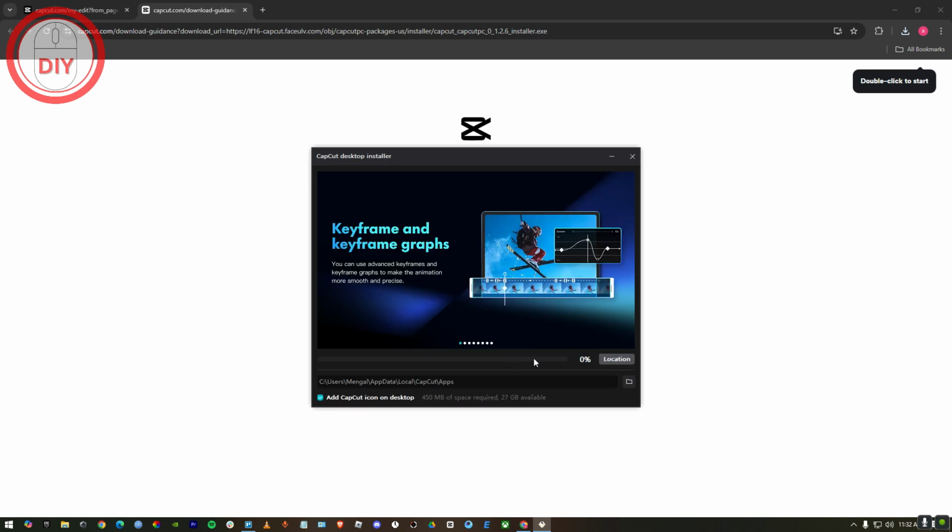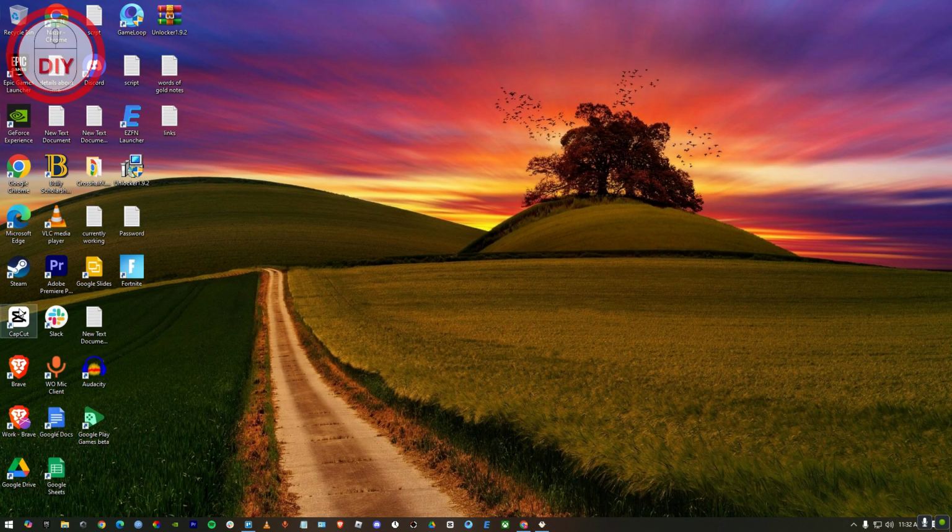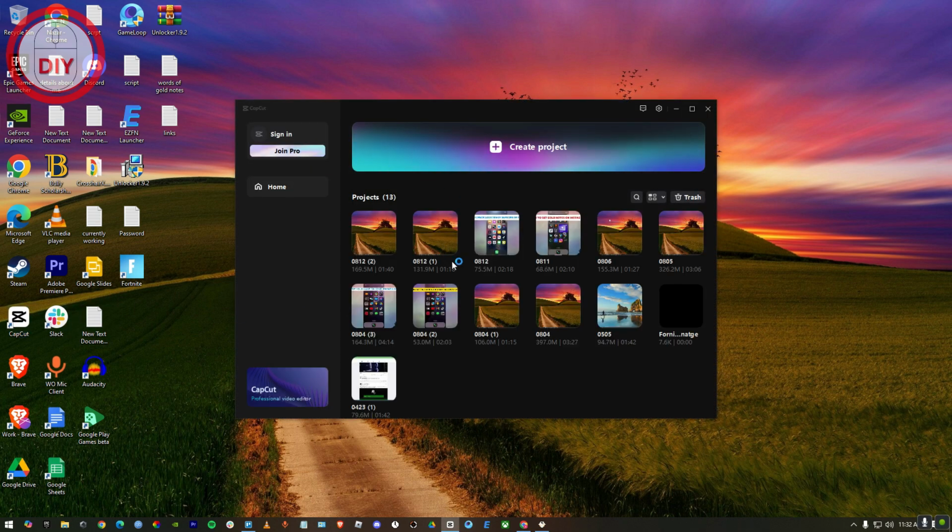But yeah, I already have CapCut on my device, so I don't need to download or install it. It's just gonna do the process, and once you do this, it's just gonna download and install after that. So yeah, once you do this, here as you can see, this is how CapCut should look like on your computer. And if I press on it, and here as you can see, if I press on create